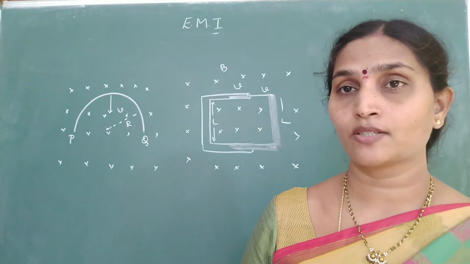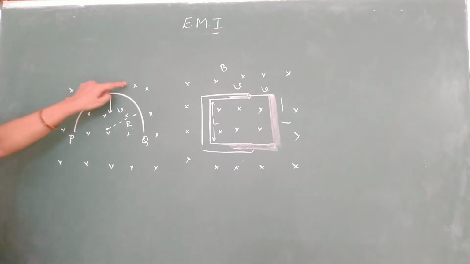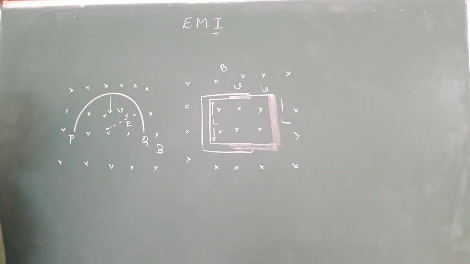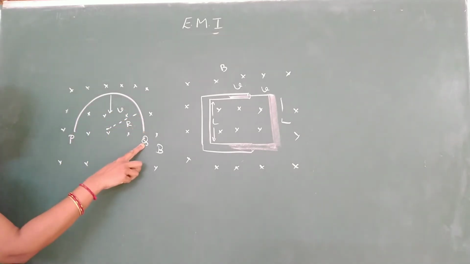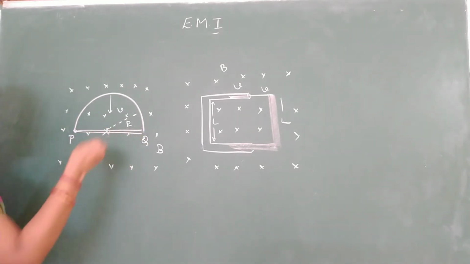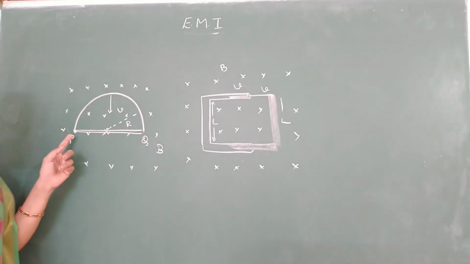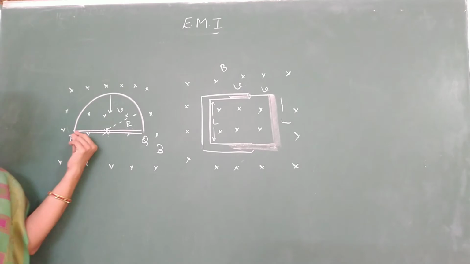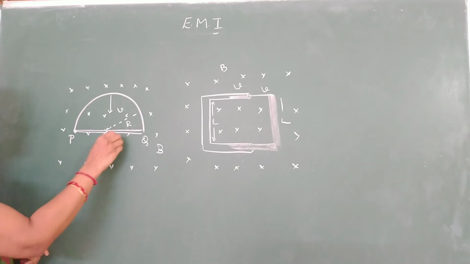Look at these two questions based on motional EMF. In the first question, they have given you a semicircular wire which is placed in a magnetic field. The strength of the magnetic field is B. If this loop starts falling down with a velocity v, the question is to find the induced EMF. Since the wire is bent in the form of a semicircle, replace the wire with a metal rod PQ. Whatever is the induced EMF in PQ, the same will be the induced EMF in the circular rod. So replace it with one straight conductor. Now, the length of this PQ is equal to 2R.